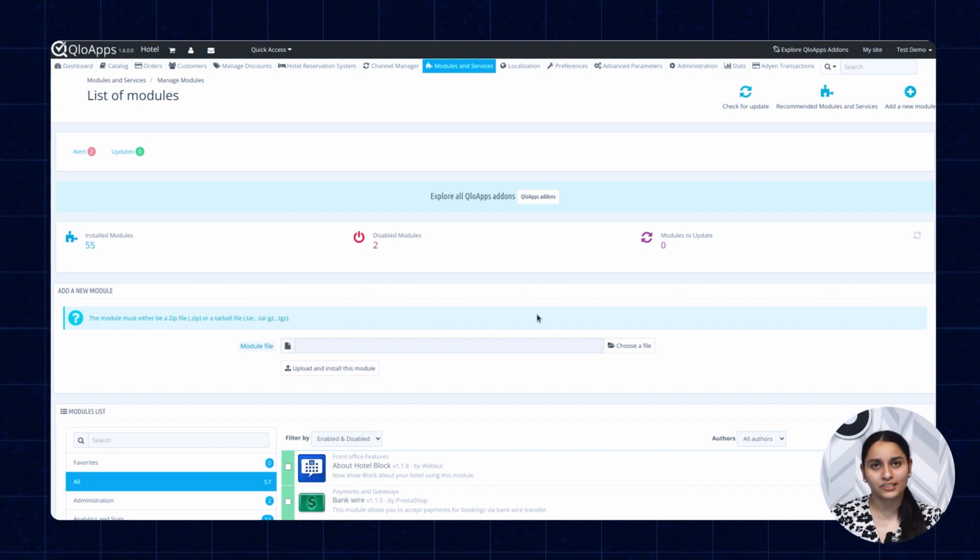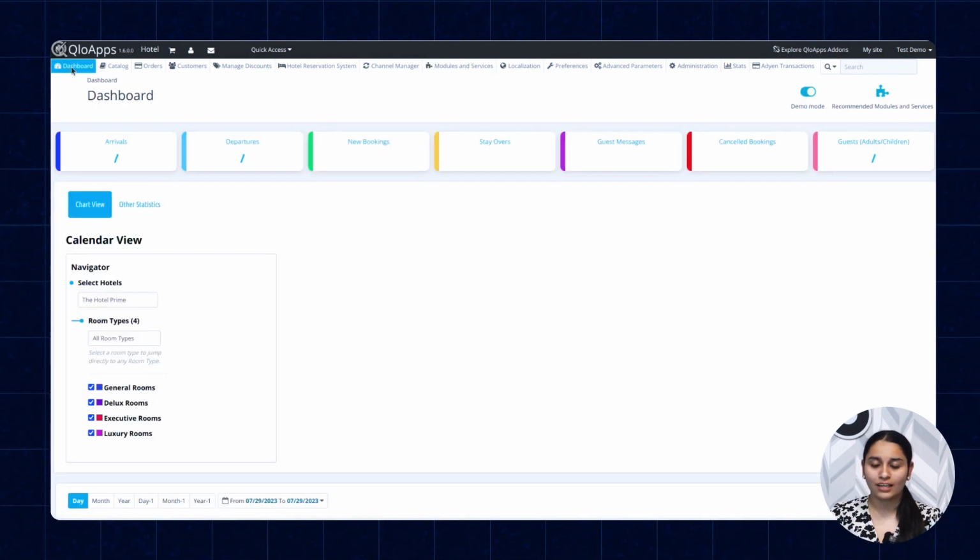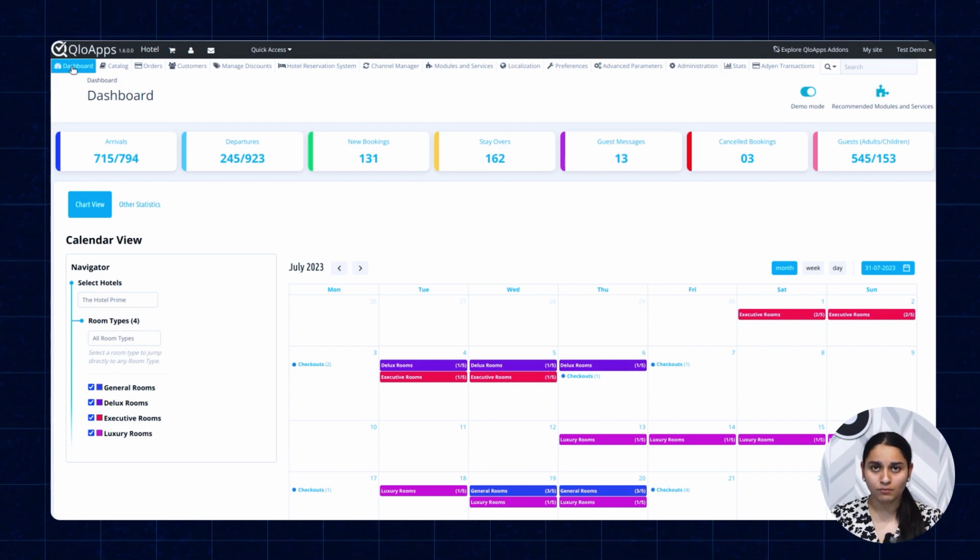After installing the module successfully, now let's see how the front desk interface is visible. To see the front desk interface, go on the dashboard page. So, as you can see, the front desk interface comes with a calendar which shows all the bookings which your hotels have received. So let's say I have 2 hotels and I want to see the booking of only one of the 2 hotels, or I want to filter my bookings as per different room types or even the room of each room type. I can do that easily using the navigator option on the left corner of this front